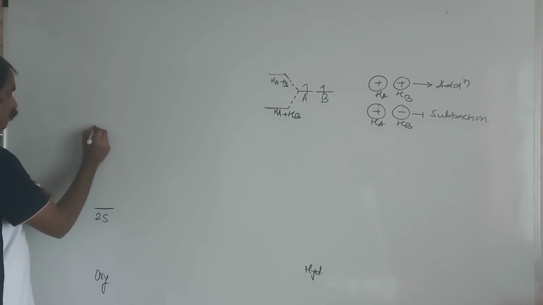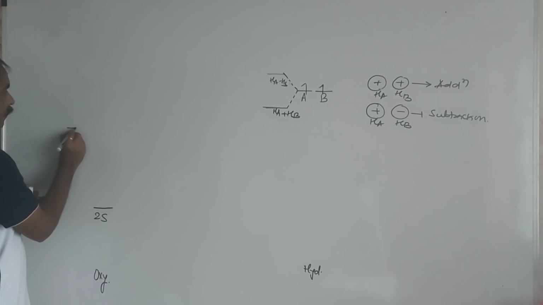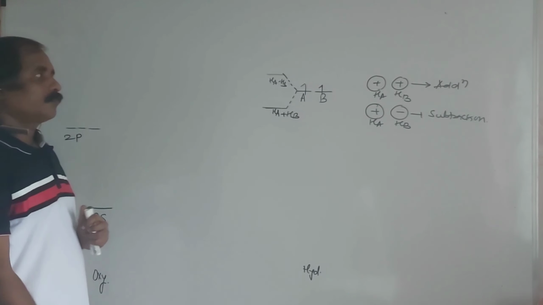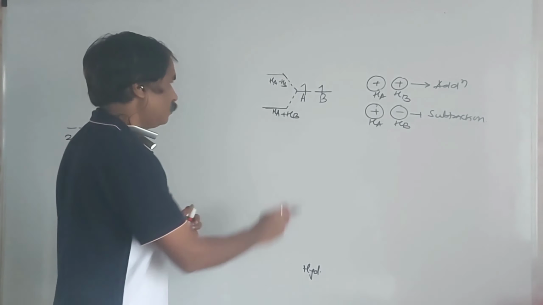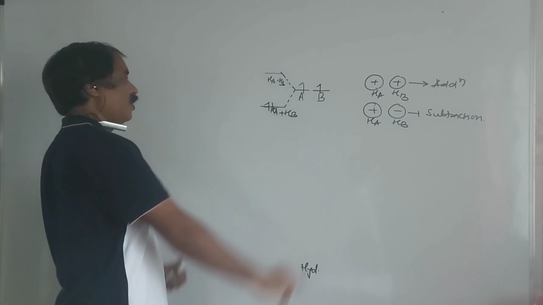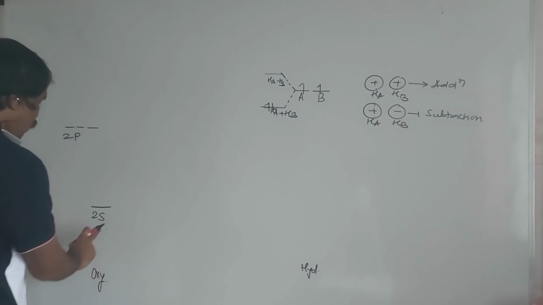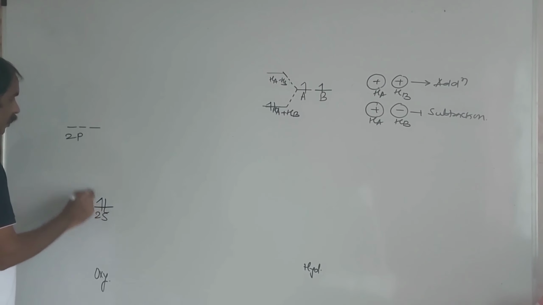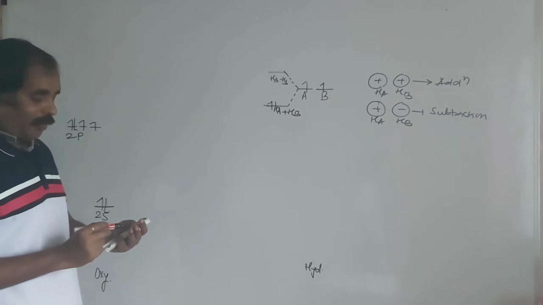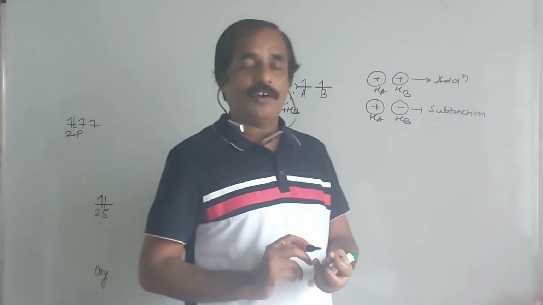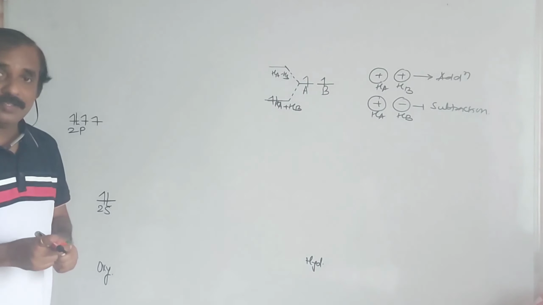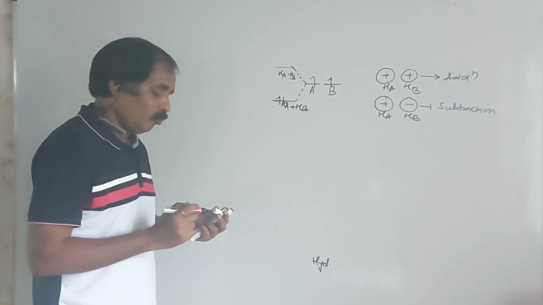After 2s there is a 2p. I will take the 2p here, the 2p of oxygen. Here 2 electrons, in the case of Ha, Hb, 2 electrons are there. Here there is no electron. In the 2s of oxygen there are 2 electrons, and here there are 4 electrons. Now, how is there the formation of bonding molecular orbitals, anti-bonding molecular orbitals and non-bonding molecular orbitals?